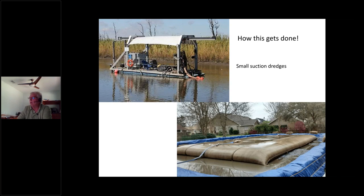That way we can keep the water clean. There's a couple locations near East River that we're talking to people about, both Fish and Wildlife and some leaseholders, about where we can put these bags. This material is good fill material, and the county